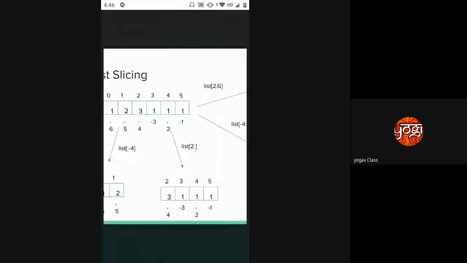Here you can see, for positive index, we used 1 to 4. That only we have to use for negative index. If I write 1 to 4 in terms of negative index, what would that be? -5 to -2. Exactly.